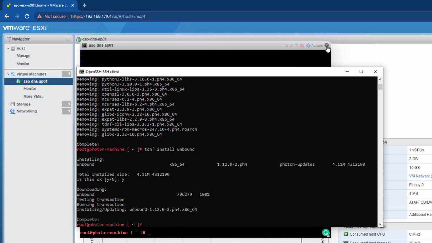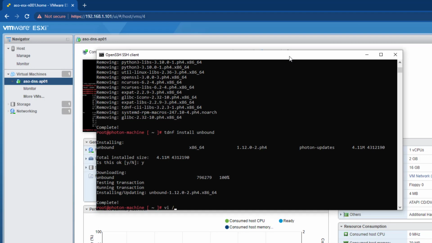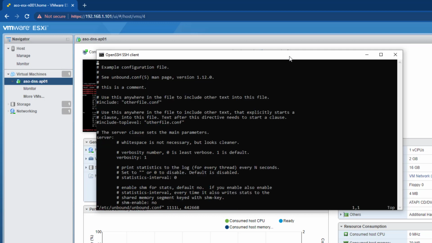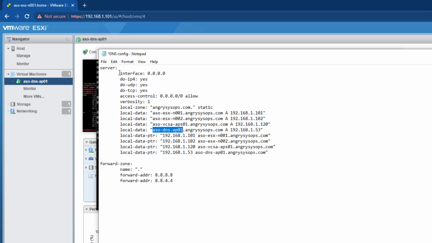Okay, so now let's do the config. I just close the console so we don't see double. So we use vi again, /etc/unbound/unbound.conf, and this is the config file, the place where we are going to put our config. I'm going down on the server, I press I, and we just hash this one, and I'll make a few spaces. Again, those white spaces are not necessary, but it looks cleaner. I agree with that. As the server line is already there, I'm just doing this,